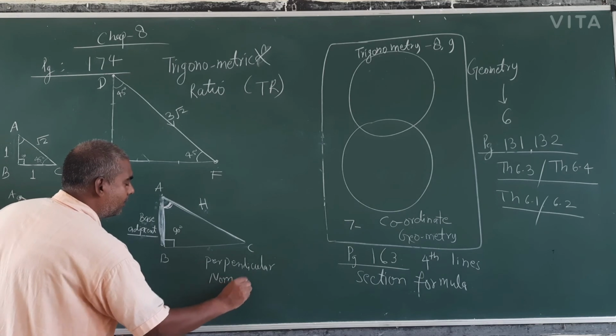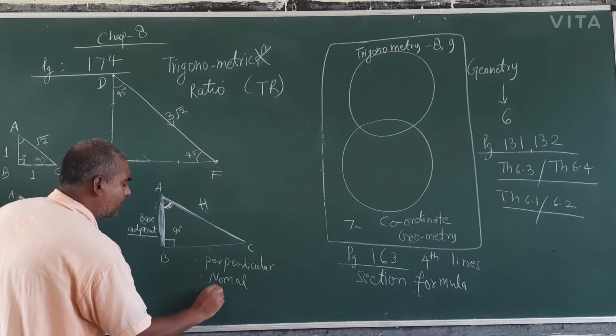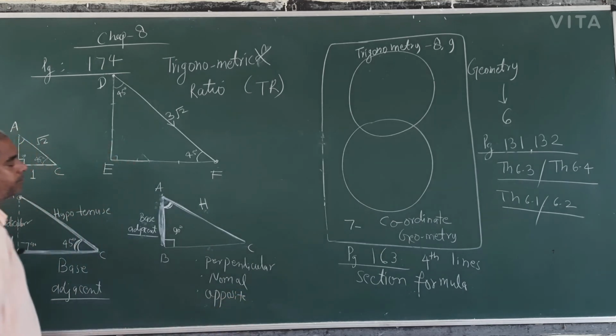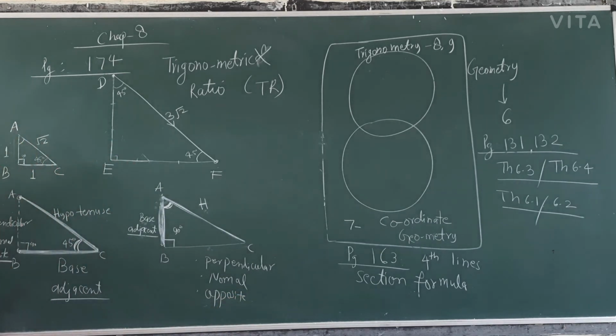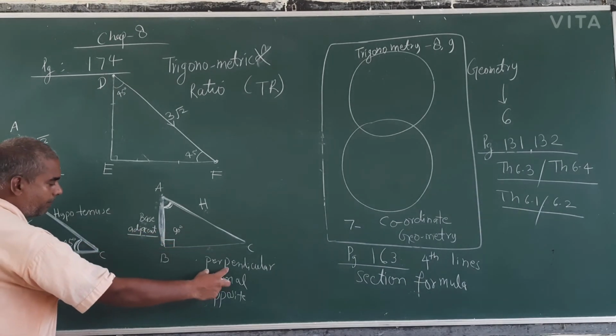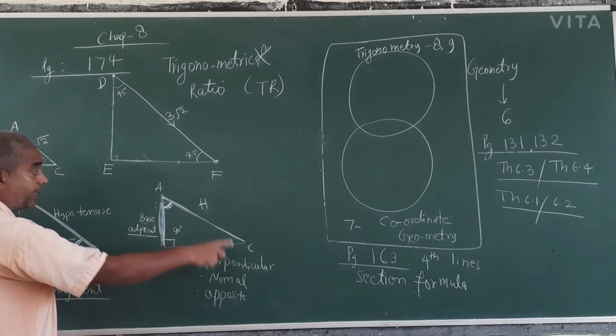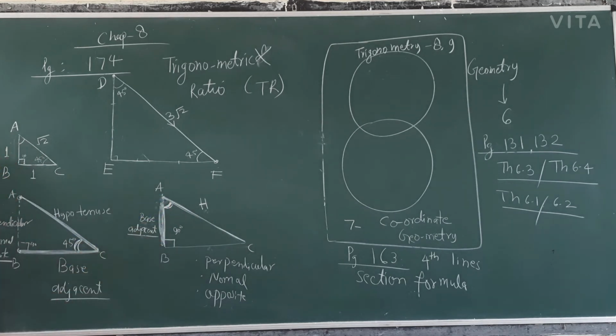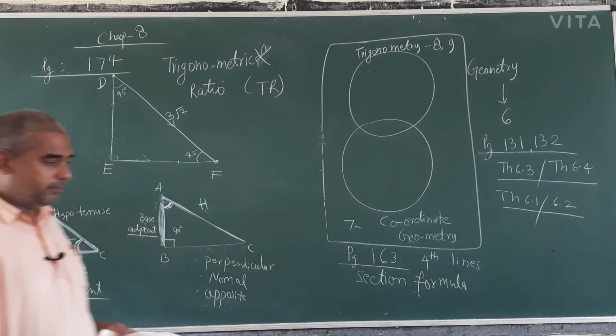Normal, opposite to this one. So for the same sides, this BC may be the base, adjacent for the angle C, but the BC may be perpendicular, normal also, for the angle A. So any angle is formed